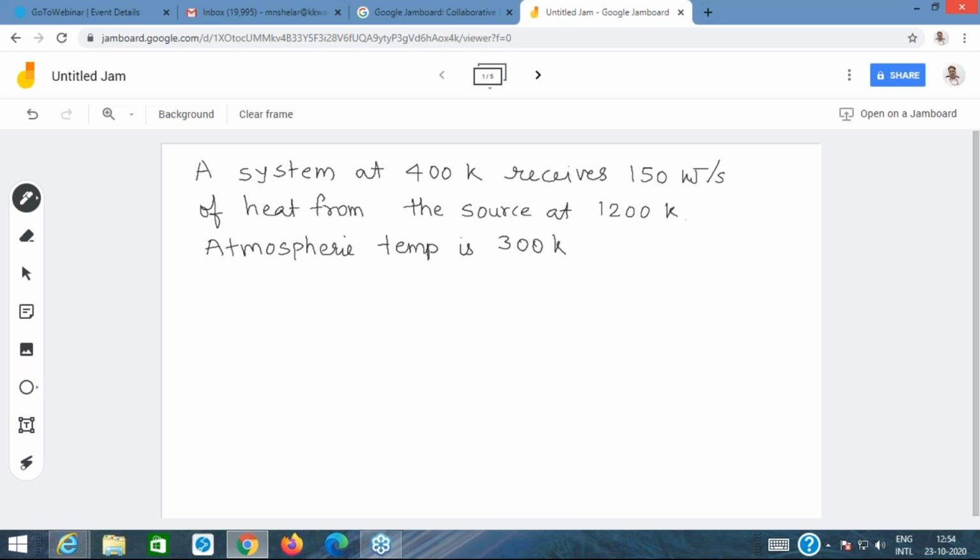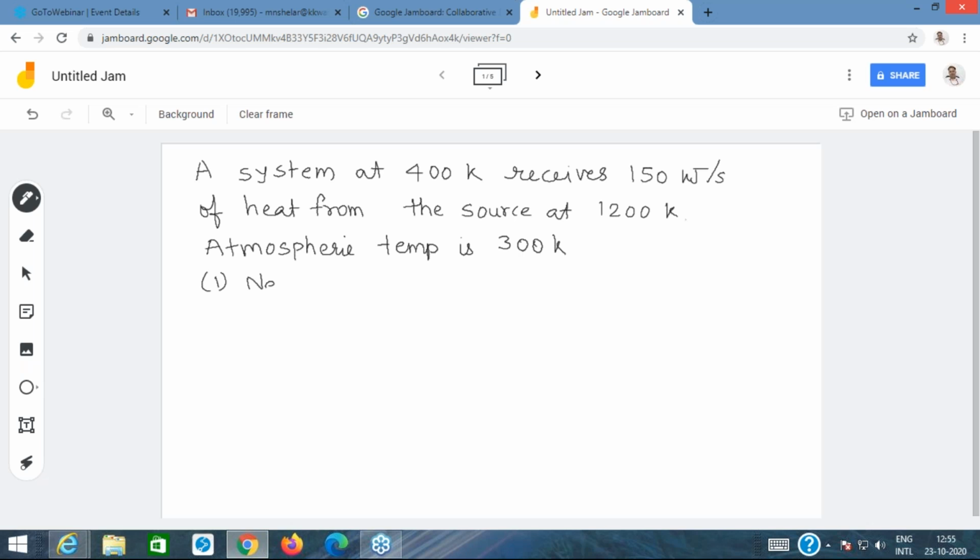And we need to assume that the temperatures of the system and the source remain constant during the heat transfer phenomena. Okay. So what you are required to find is